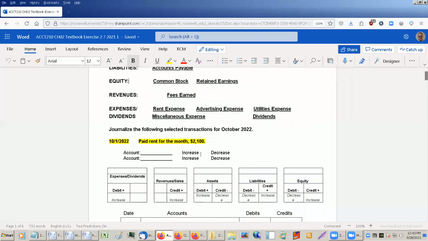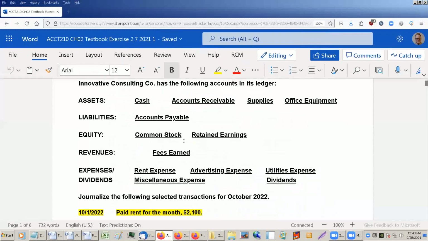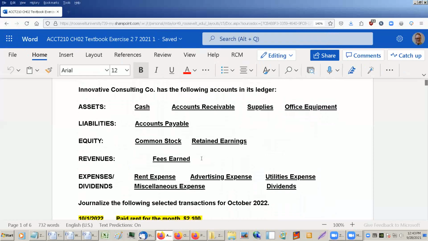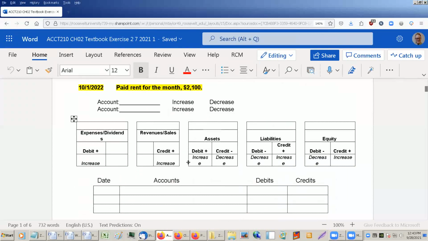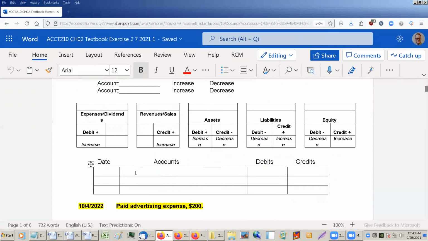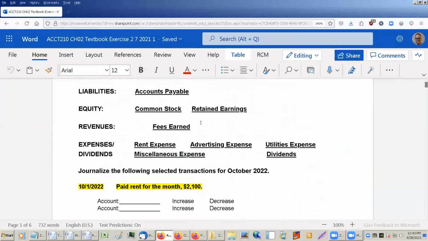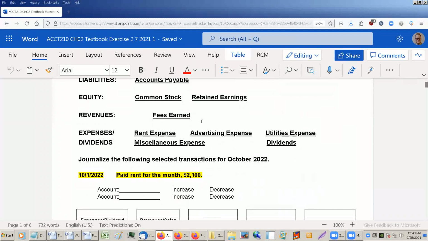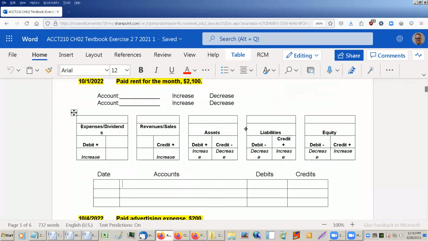All right, so let's share screen again before I do something stupid. Okay, so this is the document here. Formatting's a little off, but it goes like that. So you fill in your stuff, whatever you have. What was this first one here? Paid rent for the month. Is that rent expense and